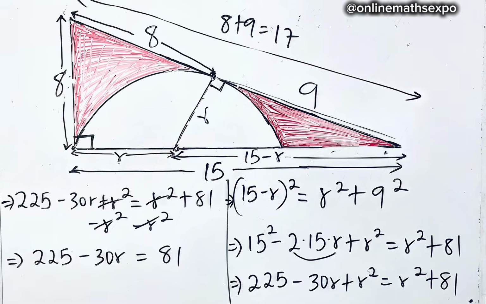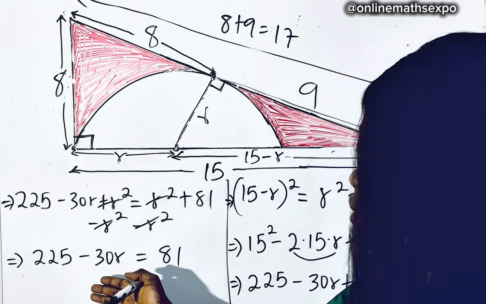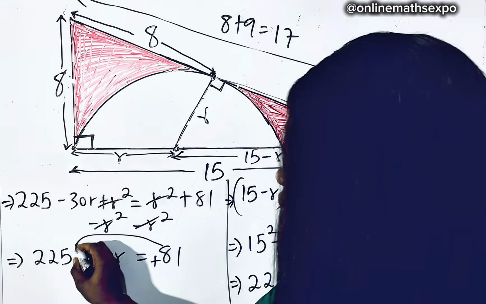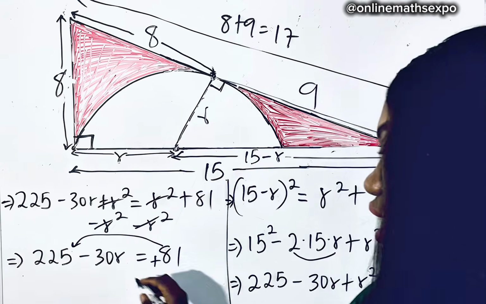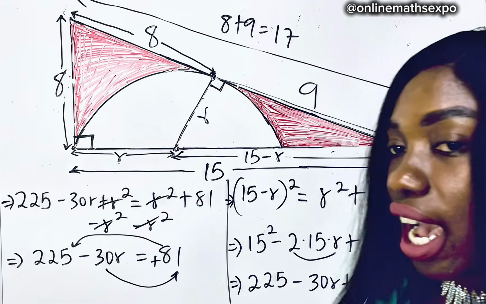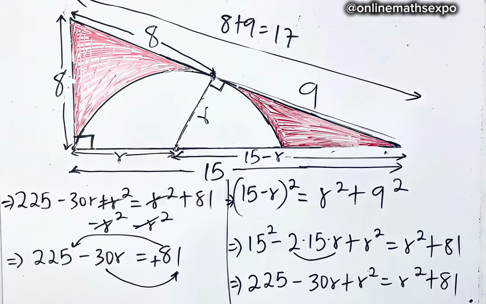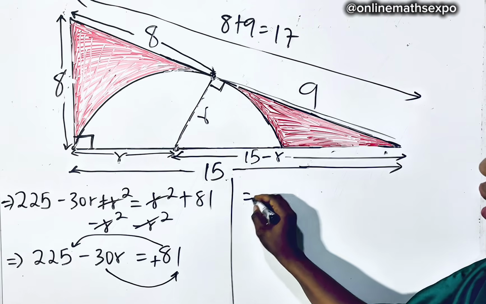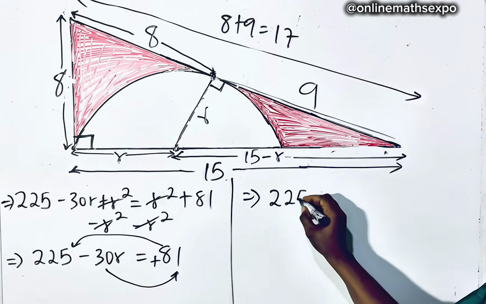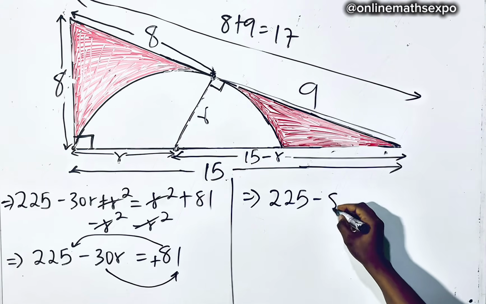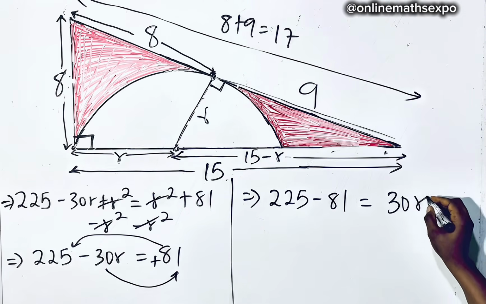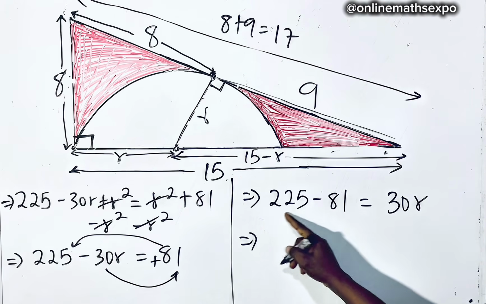What do you think we should do next? We are going to take this 225, which is positive, to the right side, and to do that, we subtract. Then this negative 30r, take it to the left side. To do that, you add. So if you take this to the right, it gives us 225, positive turns to negative, is equal to, this one that is negative turns to positive 30r. So we now have, subtract these two, it gives you